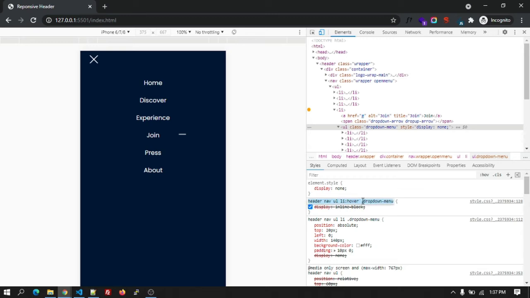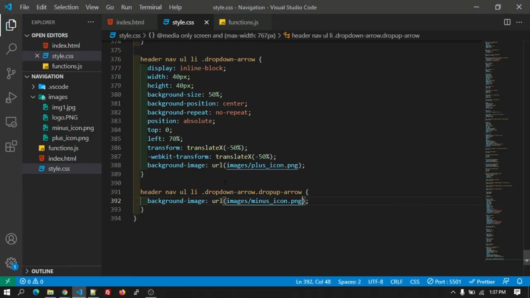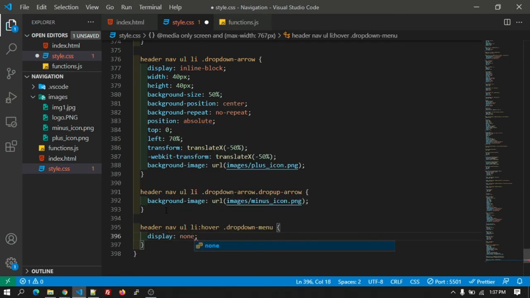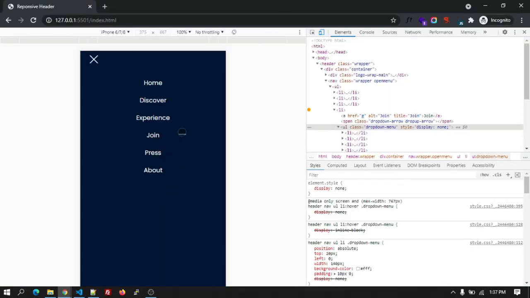It will be display dropdown menu. Let's change the display inline-block to display none, and the display none for the mobile. So on hover it should not show, but after clicking on it, it will automatically open. So for that we have written display none for the hover effect.